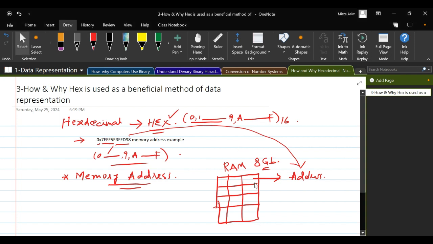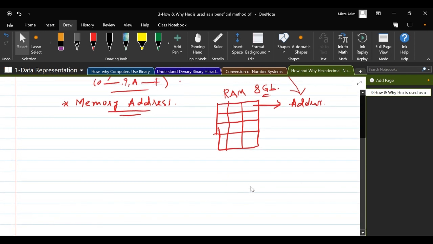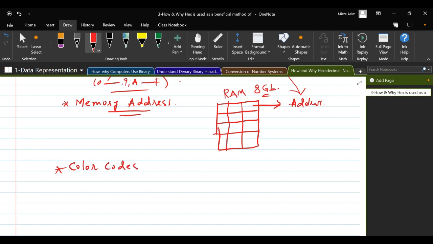Okay, number two, color codes. Beta, maybe you have some experience of HTML development, of web pages development. So we use different types of hexa numbers for web pages to represent colors, color codes, right? For example, white.